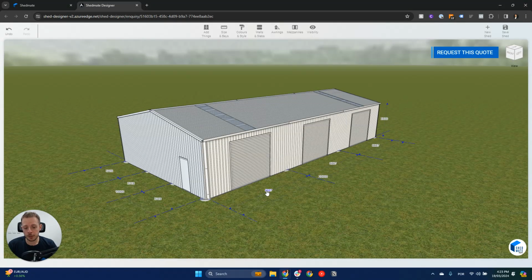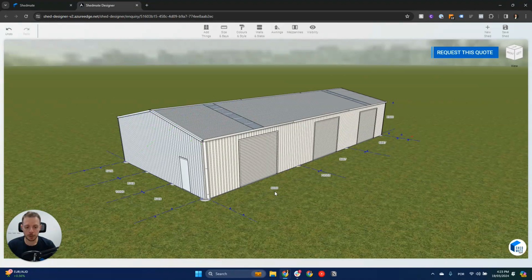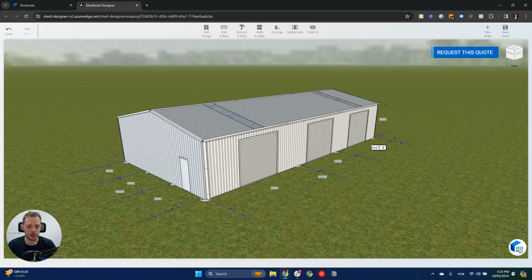Another way to do it is just by typing on the specific bay, and if I do this, I'm going to change just that specific bay instead of changing the whole shed size. So as we can see here, just that bay 8 meters, and I could match and say this is going to be 5 meters, and that's going to be, let's say, 7 meters. So now I have a 20 meter